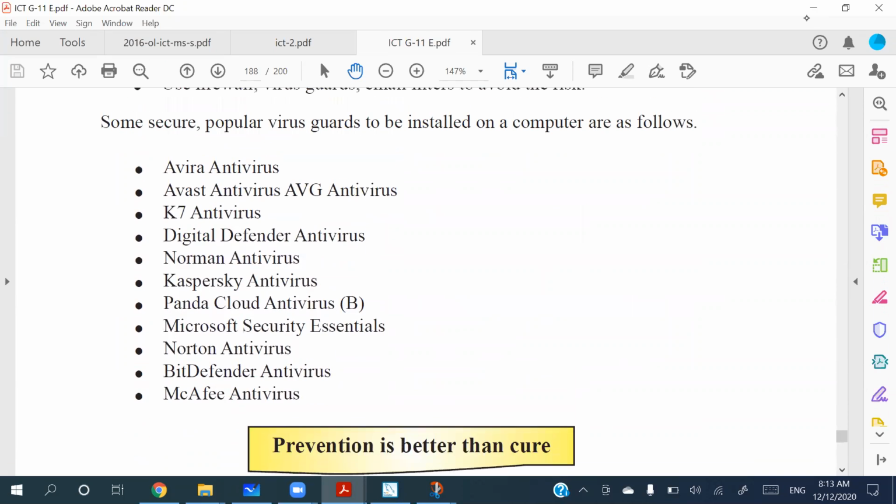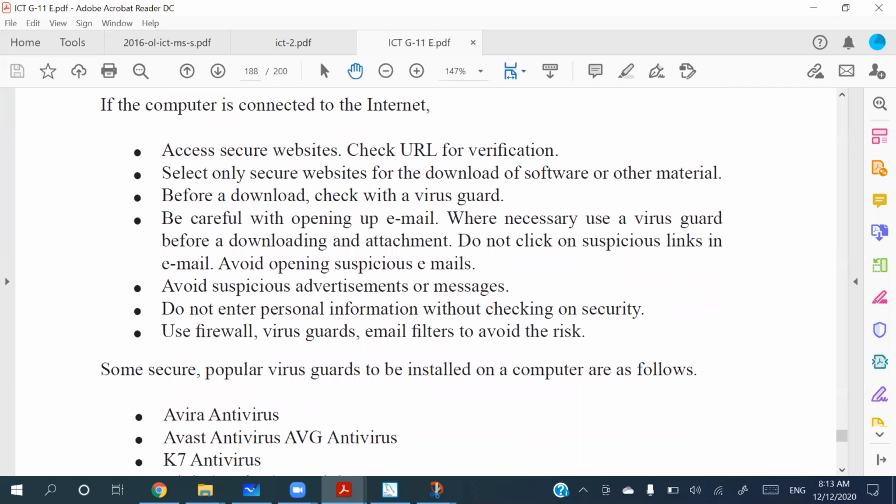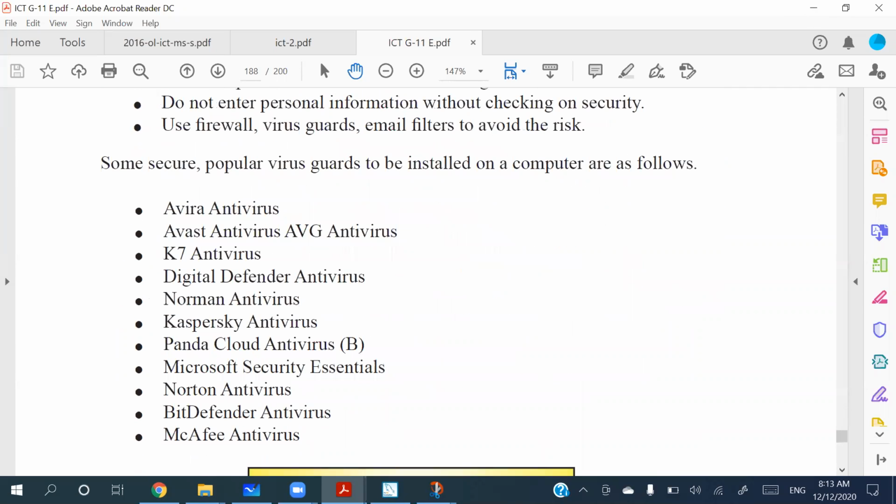So at the bottom they have given some popular antivirus softwares, right? And